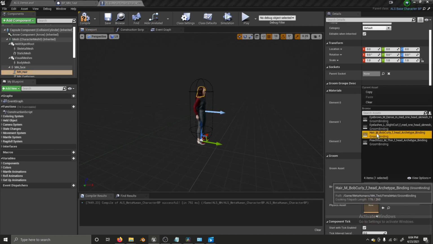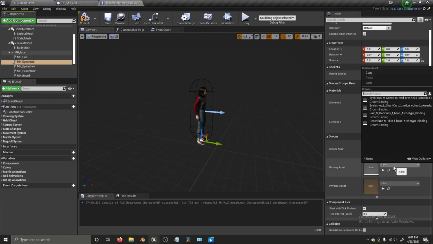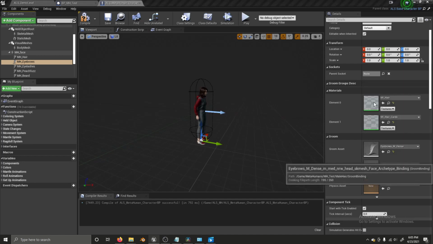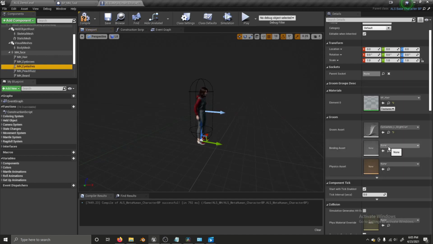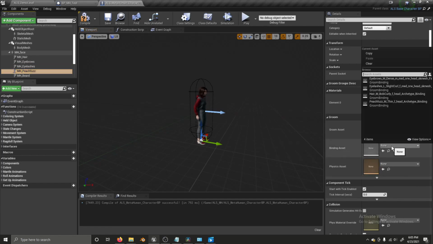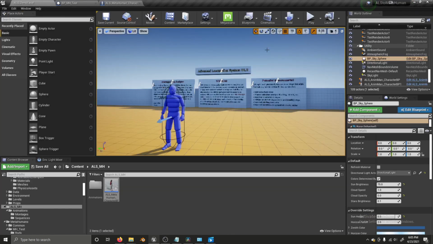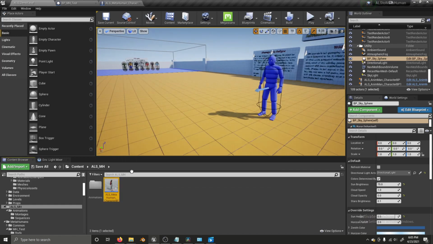So it's the same deal with selecting the main asset. The names are going to match up on all of these. There we go. Compile, save,